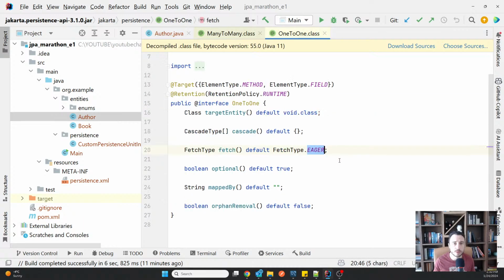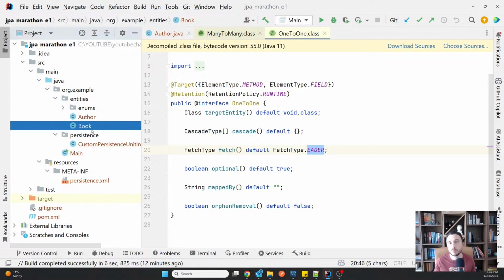Why? Because one-to-one is always applicable on non-collection types, on simple objects, on basic object types. And basic object types by default are retrieved. So if I have author and book, and they have, as we had at the beginning, a one-to-one relationship among them, when you retrieve an author, automatically the book will be retrieved. But if you have author with books and it is a one-to-many relationship, then you retrieve the author and by default the books will not be retrieved unless you specify precisely that you want that.